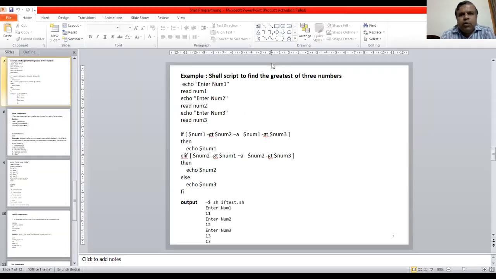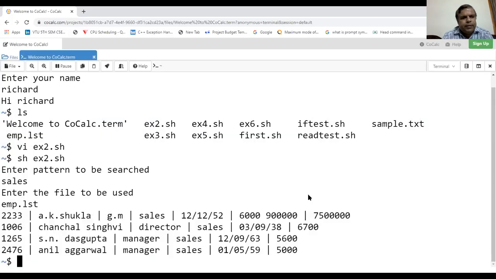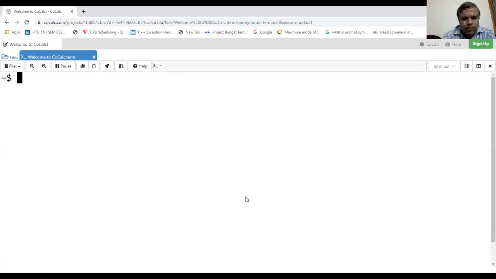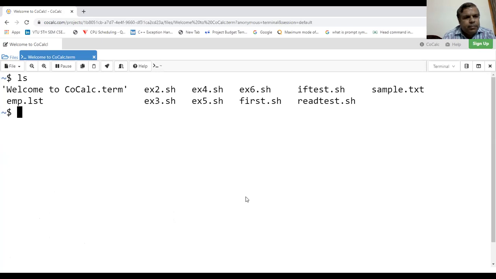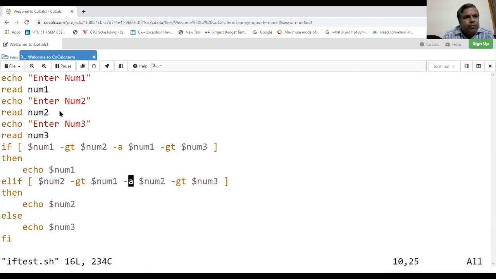Let me show it on the Linux terminal. So the file name is iftest.sh. So this is the program.